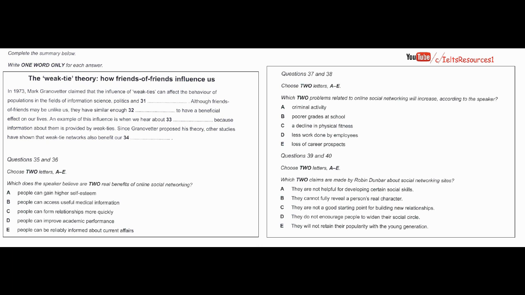Dunbar is not against online relationships, but he maintains that face-to-face interaction is essential for the initial creation of true friendship and connections. He's concerned that for young people, if their only experience of forming relationships is online, this doesn't allow them to form the ability or acquire the strategies for maintaining relationships. For example, in situations where negotiation or diplomacy is required,